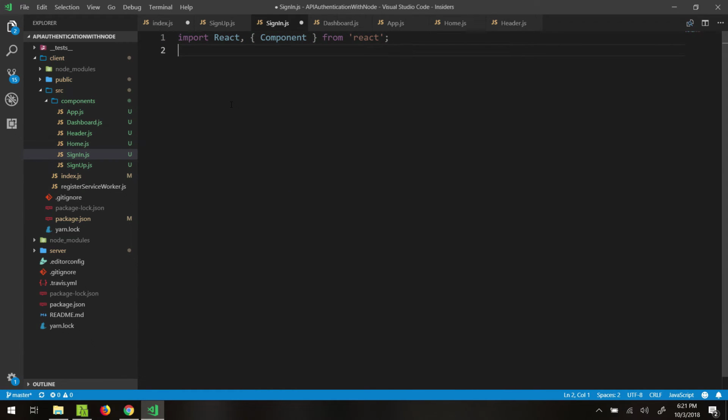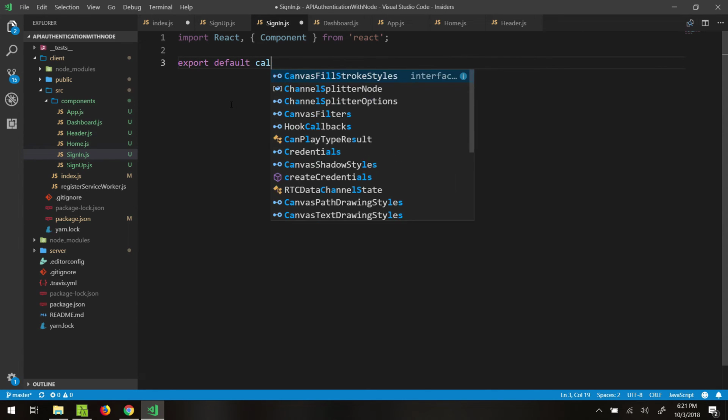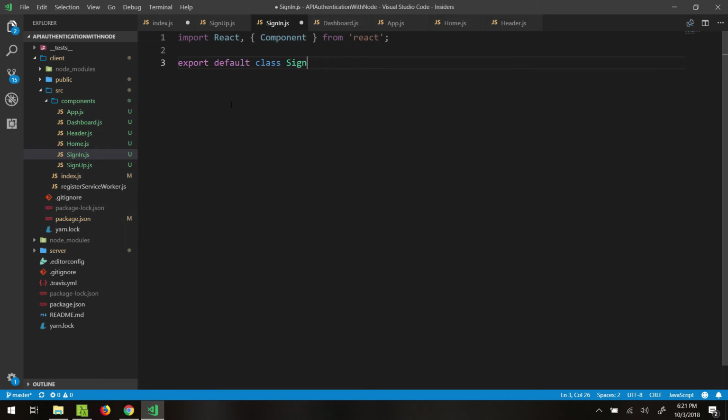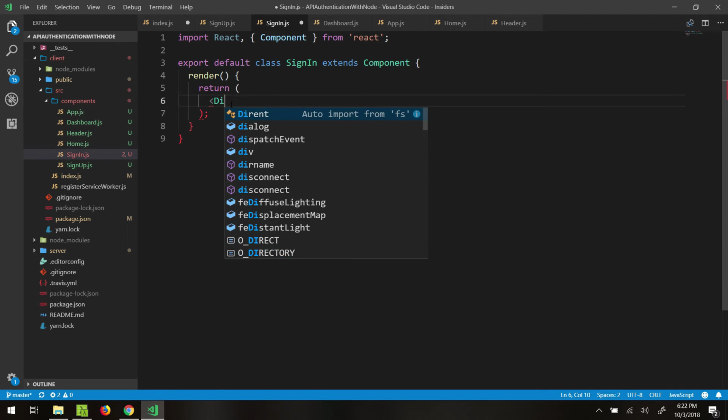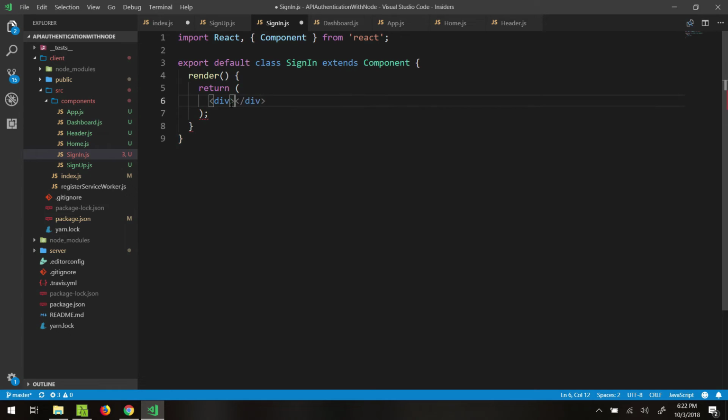Then we need to export default class SignIn extends Component, and for now we'll just have render methods in each one of those, and we'll simply return, let's say, a div with text of "This is sign in